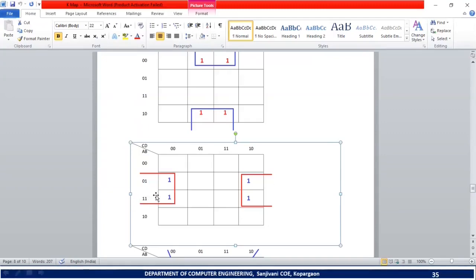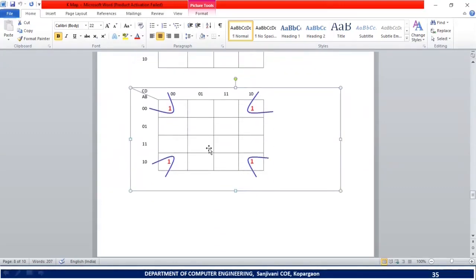So let us check whether that condition is getting satisfied. Two variables should be different and other variables should be same. So see, for this group, what is the value of A and B? For this group A is 0, here it is 1. A is changing, one variable is different, B is constant. Then see, here C is 0 and here it is 1. C is changing, yes or no? C is different, so here C is 0 and here C is 1. So for this group I can say that C is different. So how many variables are different? Total 2 variables are different, that is A and C, and other variables are same. So that's why we can combine these 4 ones together.